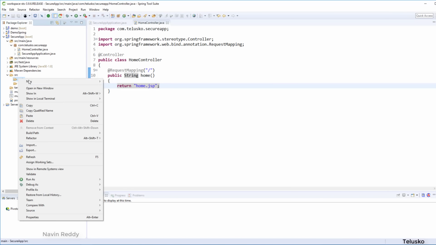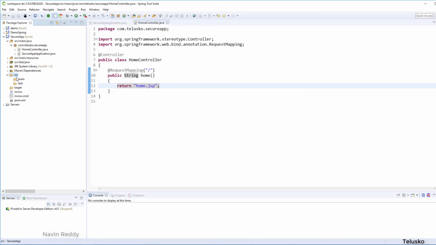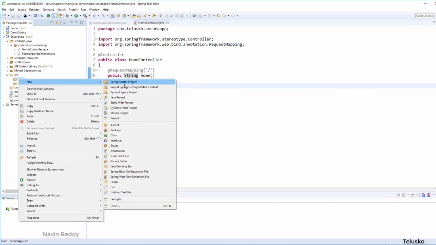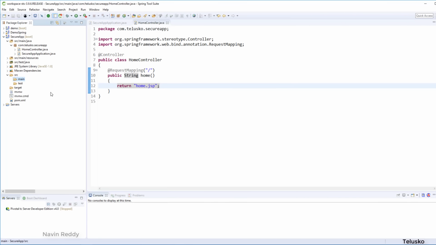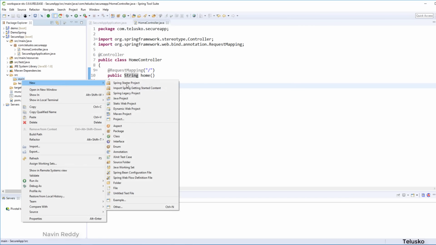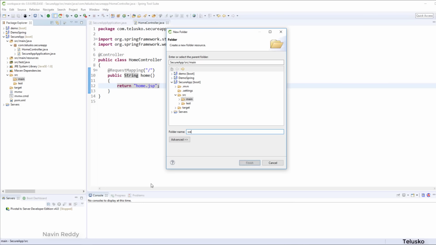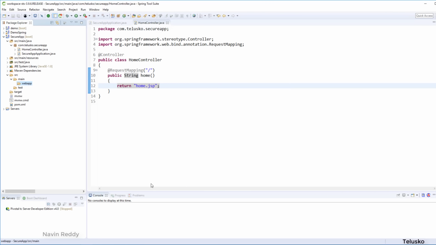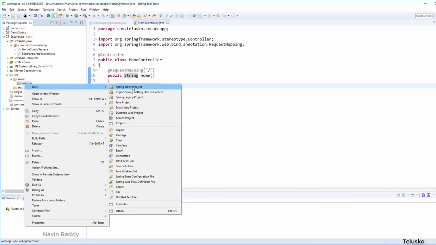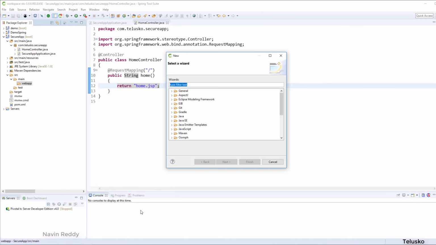So let's go to our main, and inside main, so you can see in our SRC we have main. Inside this main, we need a folder. Let's create a folder named web app. So we'll say folder web app. This is where you have to put all your JSP pages. We can also use Thymeleaf here. That's your choice again. And here in this, I want to create a JSP page, which is named as